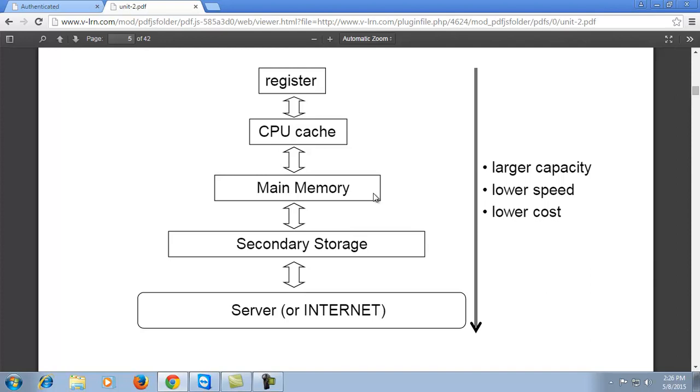When we have to perform some task, we make a request through the register, which passes the request from the CPU to main memory, and that will execute it. If there is a requirement of retrieving some information or data from secondary storage, the main memory takes that support from secondary storage as well as from the server side. This is the way memory is organized inside the computer system for providing support, online or offline, for executing multiple tasks.